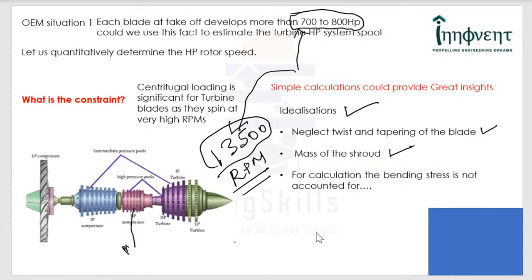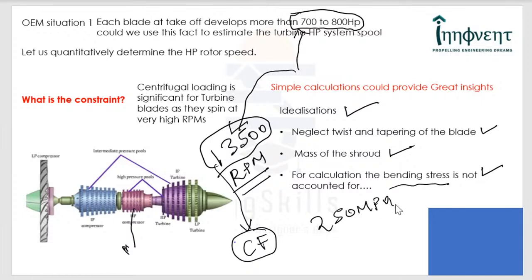You also have to understand what other stresses are there, because here we are trying to estimate the speed based on centrifugal loading. But that alone is not the only loading agency. There can be thermal stresses. Because of the gas flow, there can be significant bending stresses. Of course, the bending stresses will definitely be less than, for example, if the stress due to CF is around 250 MPa, the bending stresses could be hardly around 100 MPa. But again, whether these bending stresses must come into the picture or can get cancelled because of some design, let's find out. It's pretty involved.